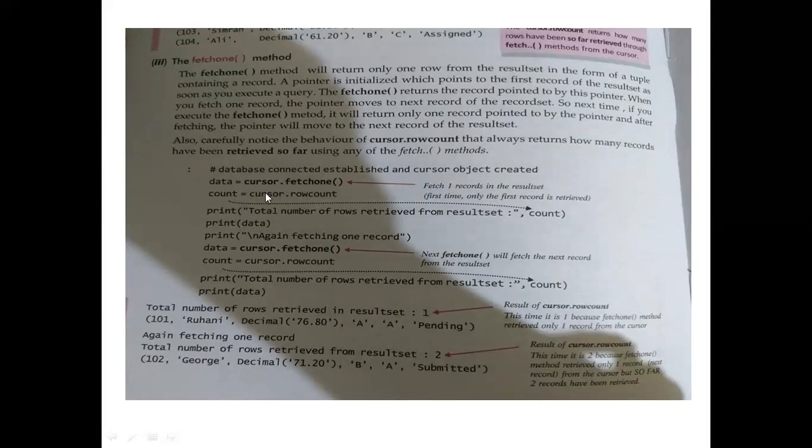Next is the fetchone method. So likewise, after the connection of the database, the fetchone method will extract one record at a time. So data equal to cursor dot fetchone, then count equal to cursor dot row count, then it will print the number of कितना record extract हुआ, वो उसका count करके यहाँ पे display करेगा. Then print data, मतलब कौन सा row fetch हुआ वहाँ पे print होगा. Print data, data में एक row है क्योंकि fetchone एक row को extract किया होगा. Then print again, fetching one record. और एक अगर fetch करना चाहते हैं तो अलग से इसे लिख सकते हैं: data equal to cursor fetchone, then count equal to cursor dot row count.